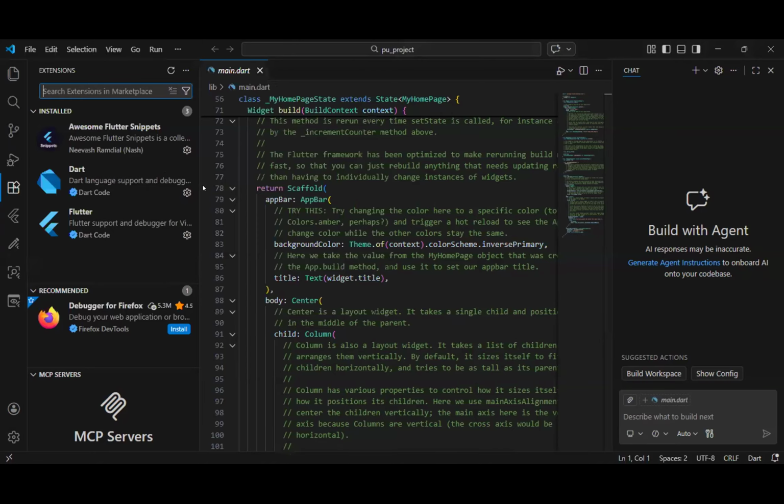It will change the workspace for you. So you see that it is changing the user interface. The VS Code is changing.